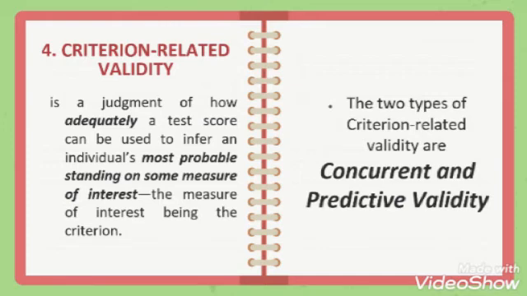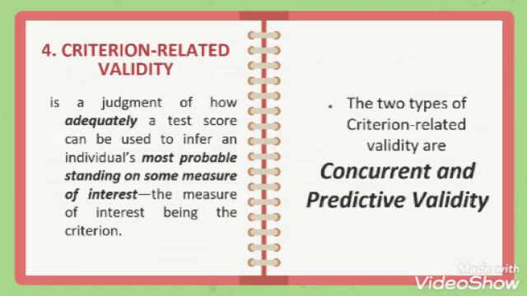Now, let's proceed to criterion validity. Criterion validity is a judgment of how adequately a test score can be used to infer an individual's most probable standing on some measure of interest, the measure of interest being the criterion. The two types of criterion-related validity are